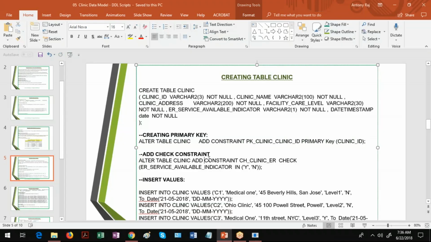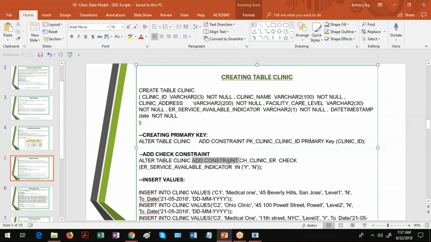Third one, I'm trying to impose a check constraint. Now emergency services, this column should have only Y and N. How to implement this one? I'm using one of the rules provided by Oracle, and that is called check constraint. Alter table, that is syntax. Clinic is the table name.